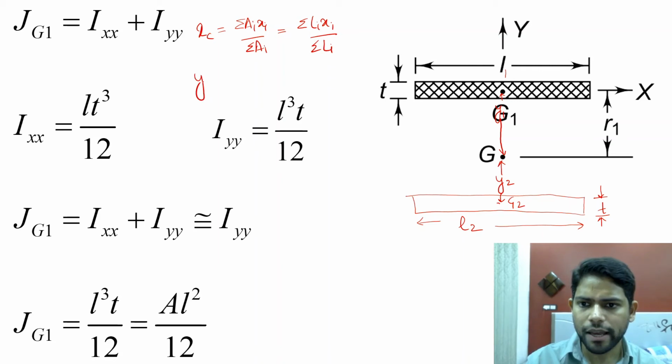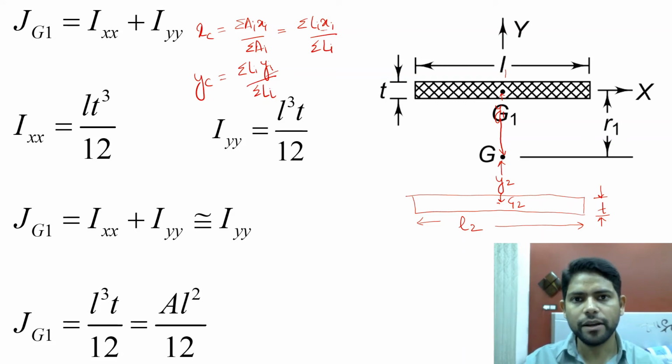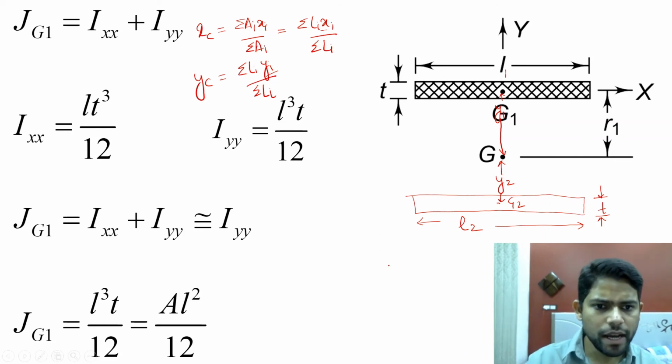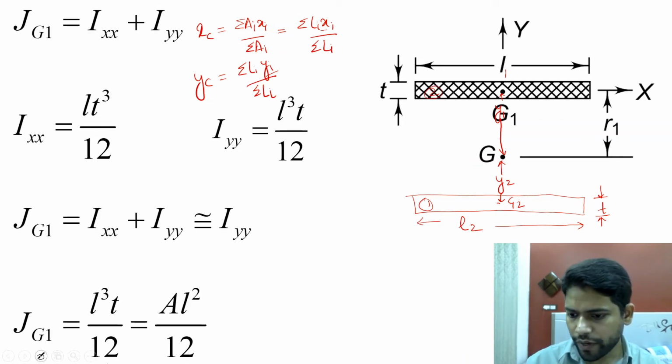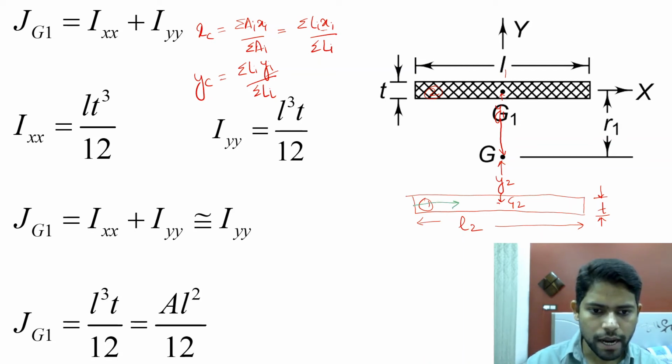And for calculating the y coordinate of the centroid, we will be using this formula, which says that summation of LiYi divided by summation of Li, where the distances Xi and Yi are the perpendicular distances. So we are having these two welds. This one is your first weld and this is your second weld. First of all, we have to fix a Cartesian coordinate system with respect to which we are going to measure the distances. So we will fix the coordinate system at the bottom left corner of the weld. This is your x and this is your y.